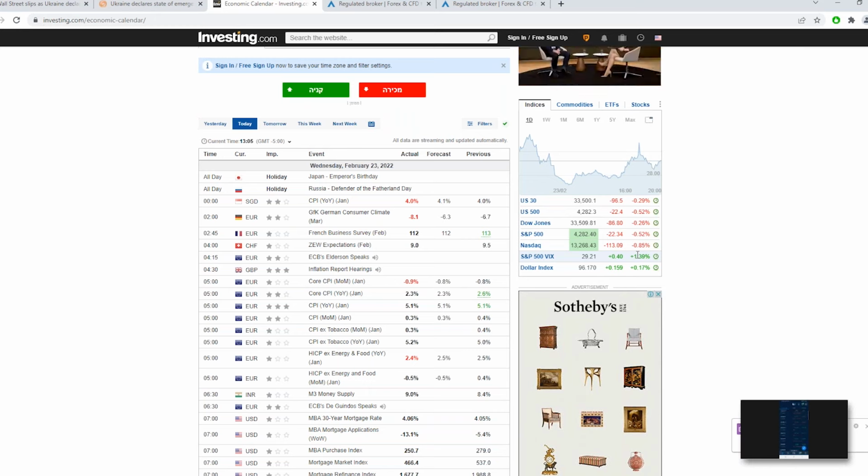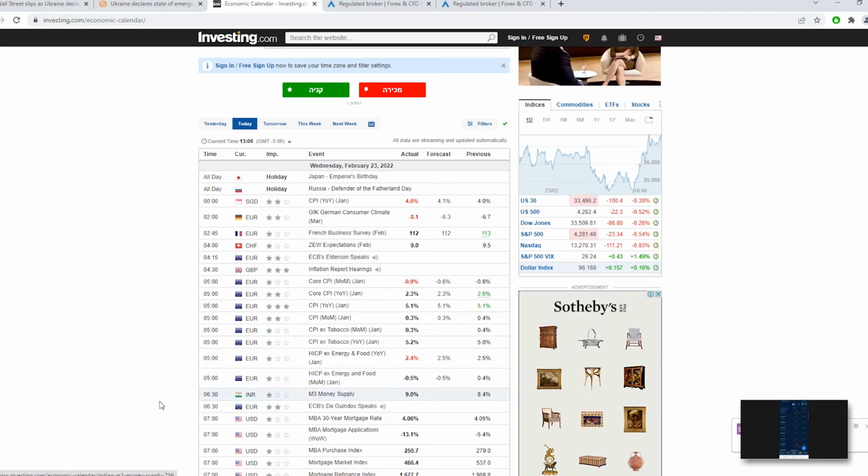Now it's up again. Dollar index tends to rise when there's a lot of fear, and it's back in the green again, along with the volatility index also in the green. Now we look at some of the inflationary data. CPI numbers out of the European Union, as expected, above 5%, 5.1%, which is year over year consumer price index numbers. That's what CPI stands for.